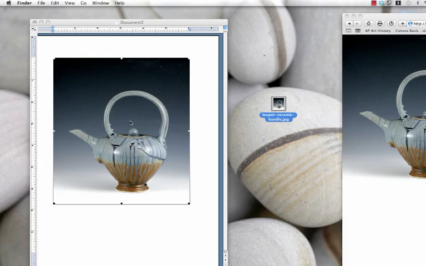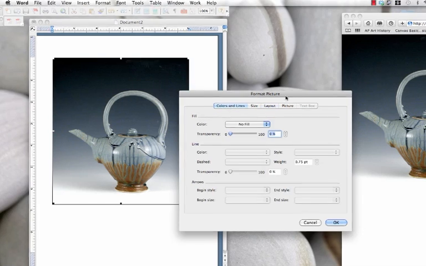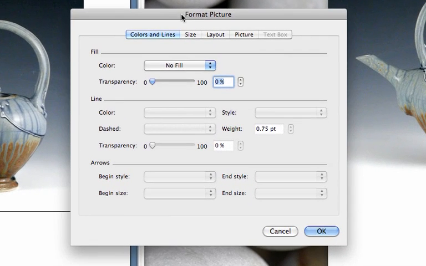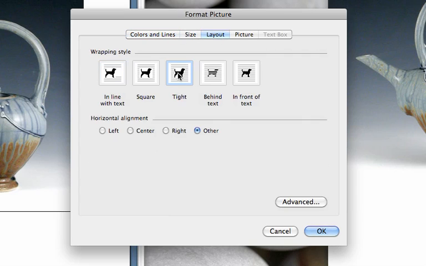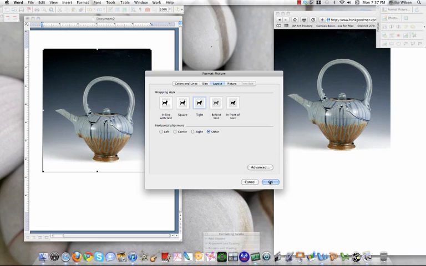So what I'm going to do is double click once I bring my picture in, and this is going to bring up this picture format dialog box, or this kind of window here. So I want you to go over to Layout, and then I want you to click on Tight. Notice when it comes in it says Inline with Text. That means that text is going to go around it if we were to type on this page. If I click on Tight,